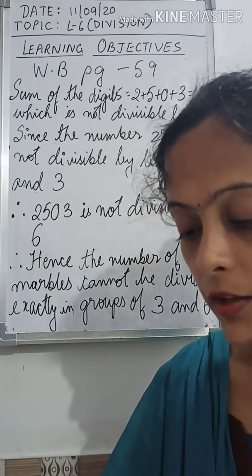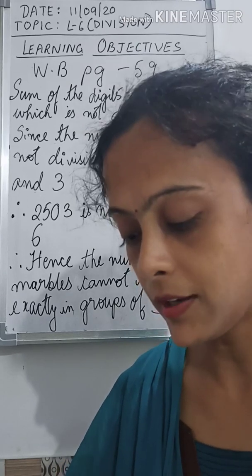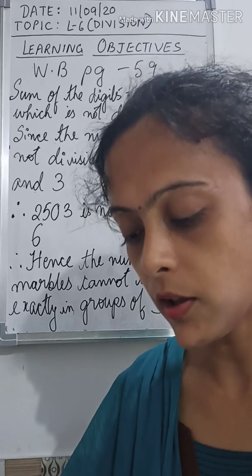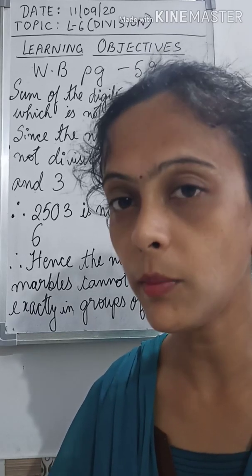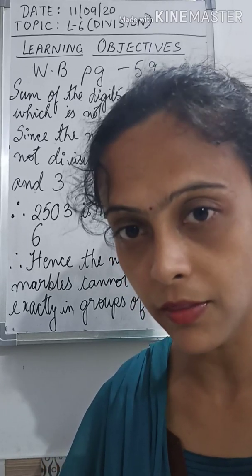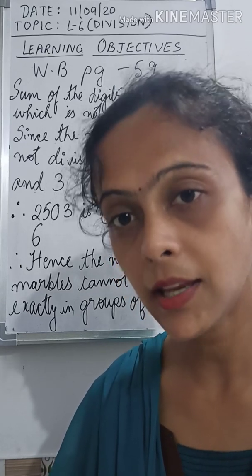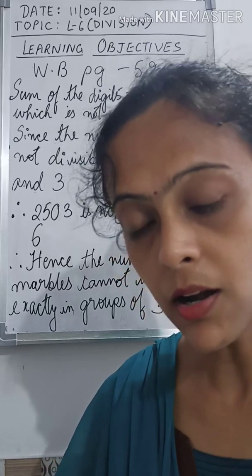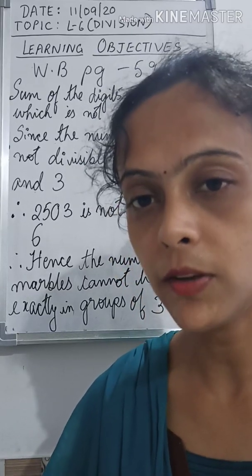Now you are asked to find the number of rows. What do you have to do? We have to divide. So the number of rows equals 3,125 divided by 25. You just do the normal division that we have already discussed in our previous classes. Get your quotient and the remainder, and after you get both, you are also asked to check the correctness of division.